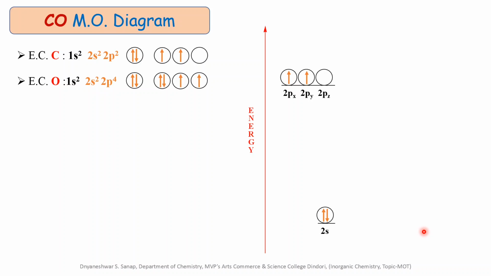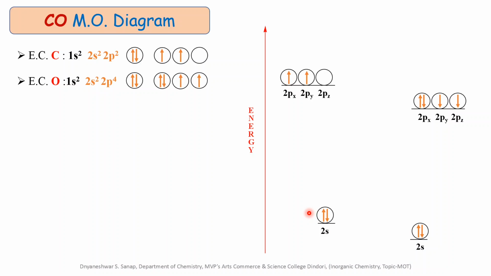And that's why we write the 2s atomic orbital of oxygen at this energy level and the number of electrons in it. Similarly, we write the 2p atomic orbital of oxygen at higher energy than the 2s atomic orbital of oxygen, but lower in energy than the 2p orbital of the carbon atom. This is because the more electronegative atom contributes most towards the bonding molecular orbital formation, and the less electronegative atomic orbitals contribute most towards the formation of antibonding molecular orbitals.